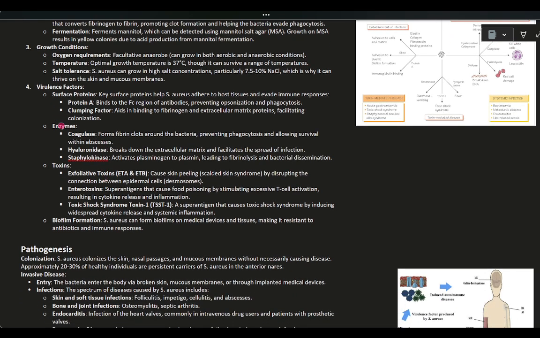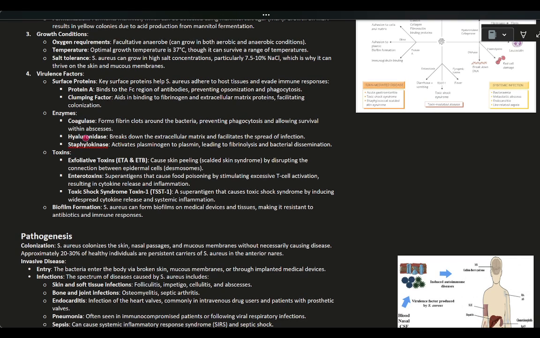We also have some enzymes, some of which we talked about earlier. So the coagulase is the enzyme that forms the fibrin clots, from the fibrinogen, around the bacteria. This prevents the phagocytosis of the Staphylococcus aureus, thereby allowing its survival. We also have the